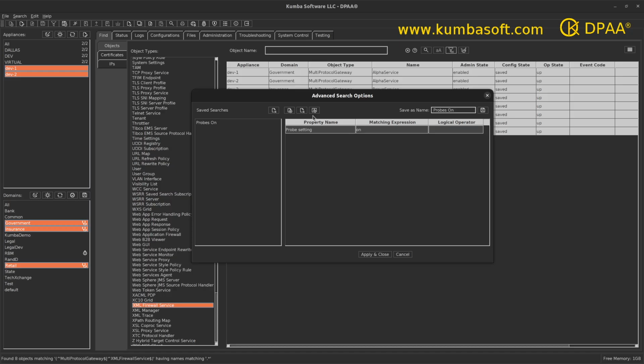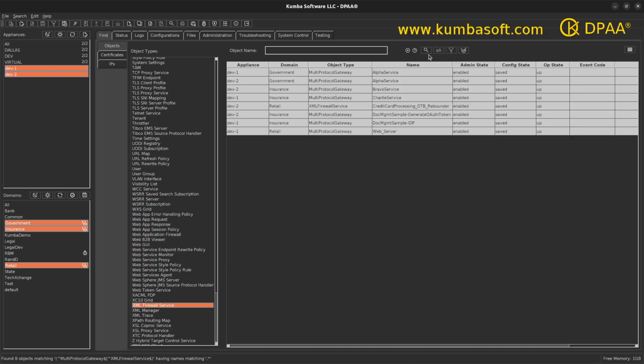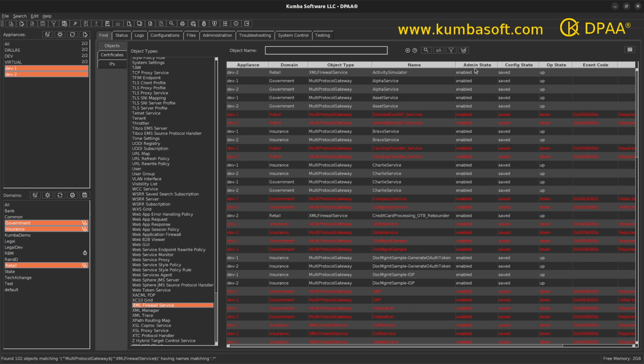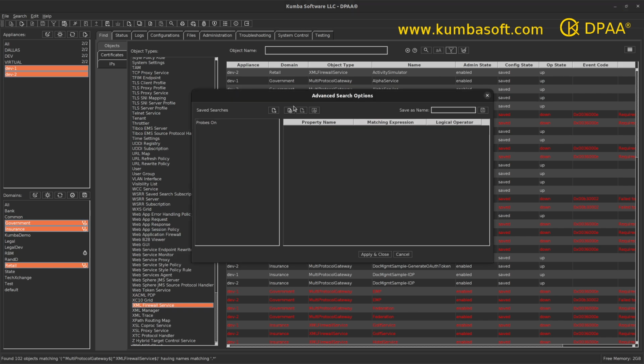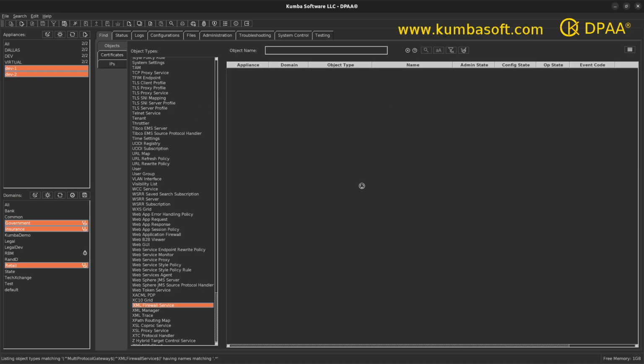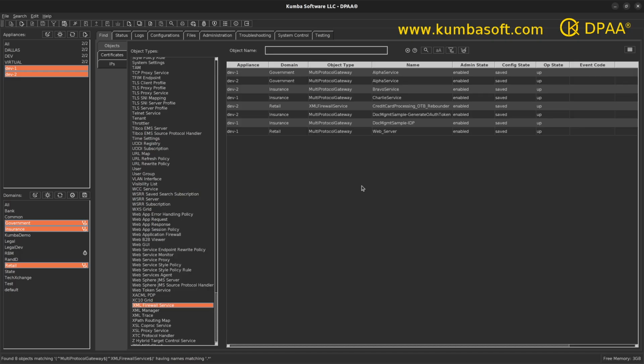The really cool thing about that is if I clear this table now and select apply and close, and I were to go now and search, I would get a real big mess, right? I would get every XML firewall and every multi-protocol gateway in the selected domains. But I can turn this back on and see there it is. All I have to do is click on it, apply and close, and go. And now I can quickly come back. Now this is saved between sessions of DPAA. So if I shut DPAA down right now and open it back up,